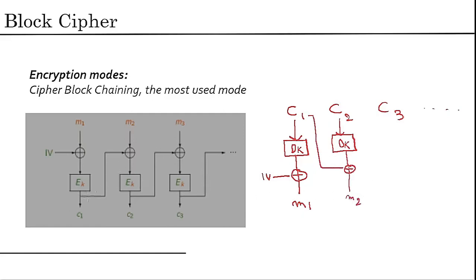Because we notice right here that C1 was XORed with M2, then it was sent to the encryption algorithm. And the same thing for C3. Now, the problem is, what if, for example, I didn't receive C2 and I want to decrypt C3? So in order to decrypt C3,